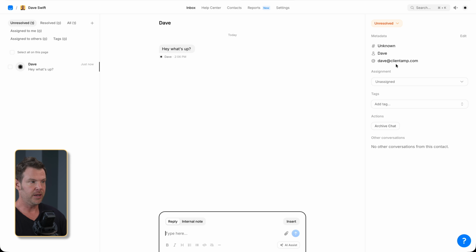Now, if you're a human responding to customer support, this is exactly what you'll see. You can type a message here. There's formatting available. You can use AI Assist to help you respond to customers. Now, there is a certain limit on how many AI messages you can respond to each month, unless you pay